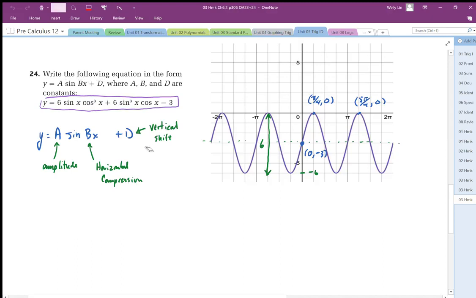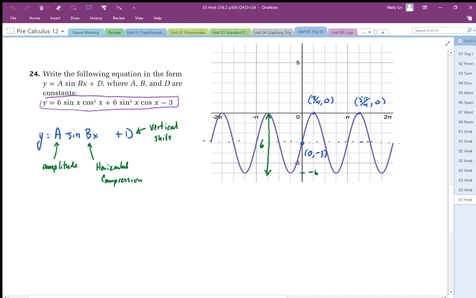So we're going back to chapter 5. So we have our vertical expansion or amplitude. We have our b, which is our horizontal compression, and we have d as our vertical shift. So we can establish what a is here, because the a value, if we take a look at the amplitude,